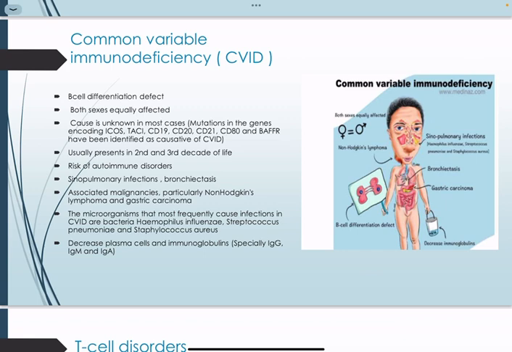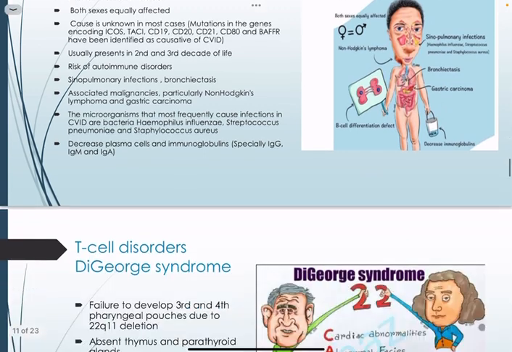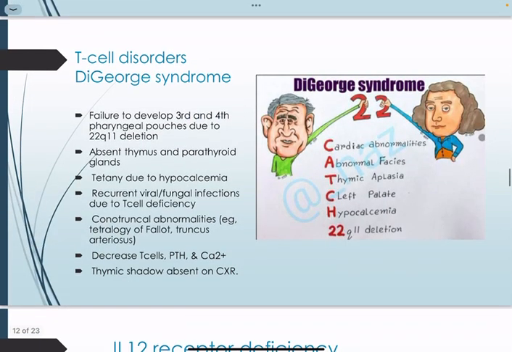Okay, now moving to T-cell disorders. One of the most common T-cell disorders is DiGeorge syndrome. I think you've heard about DiGeorge syndrome. Have you come across any case with DiGeorge? No? Really? Okay. So DiGeorge syndrome, the problem happens during the embryological development of the third and fourth pharyngeal pouches